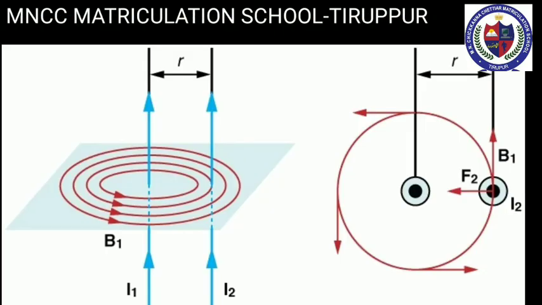Our next topic is force on parallel current carrying conductors. We place another conductor carrying current parallel to the first one. The second conductor will experience a force due to the magnetic field of the first conductor. Using Fleming's left hand rule, we can find that the direction of the force on each wire would be towards each other when the current in both of them is flowing in the same direction. That is, the wires would experience an attractive force. However, if the current flows in opposite directions, then the force on each wire will be in opposite direction.